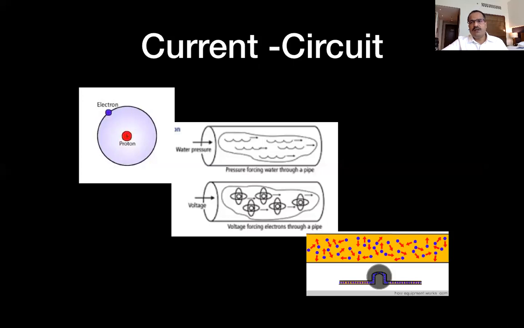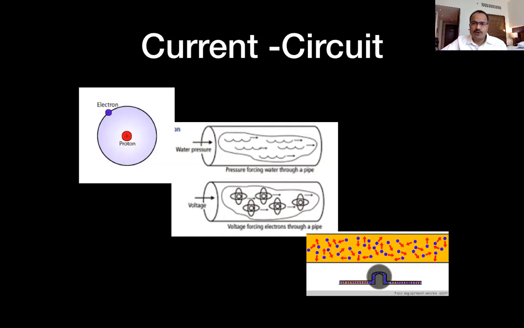So very commonly, first we have to understand there's an atom and an electron is always moving around that atom in an orbit. Now, when that speed increases or the force for that rotation increases, that electron can escape and hit the other atom, and this way it can travel. So current is the number of electrons moving in a specified area per second. So current means that electron should move from one atom to another atom.